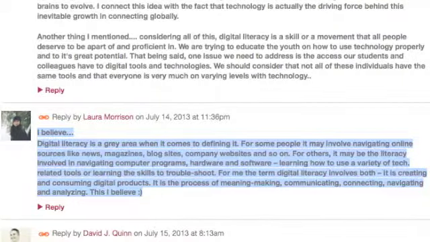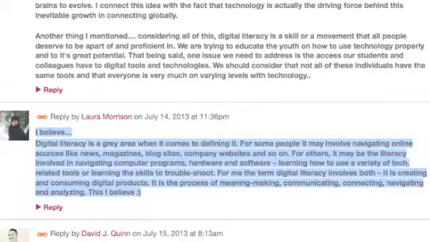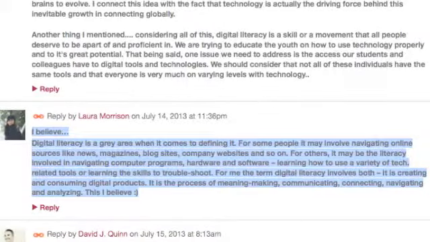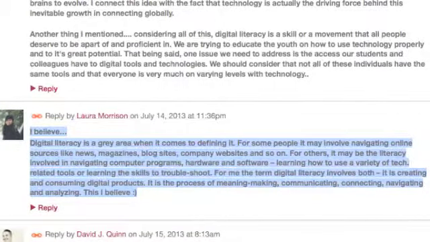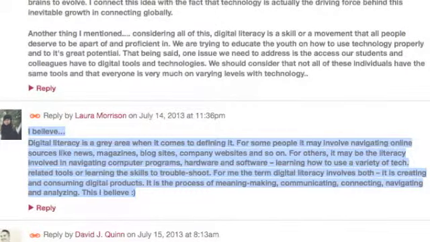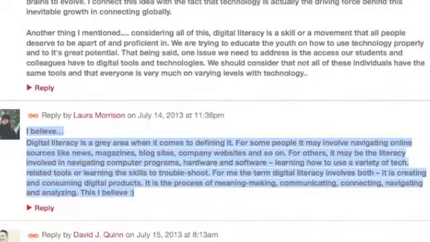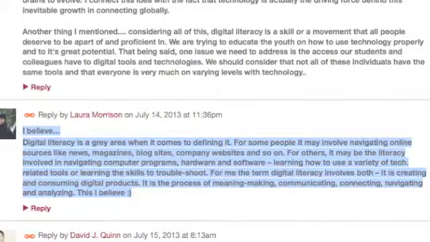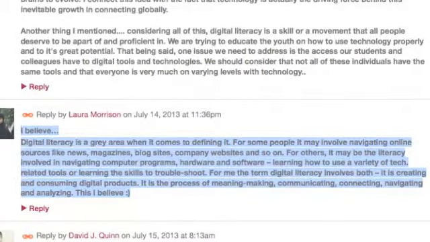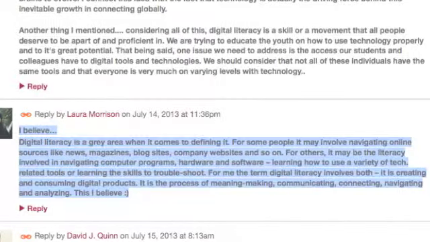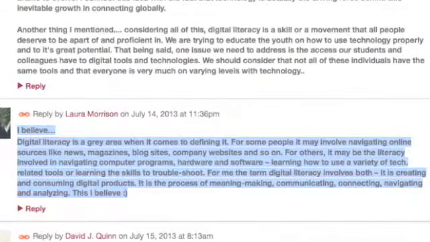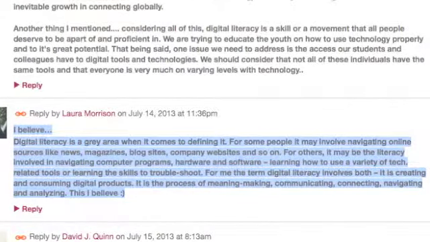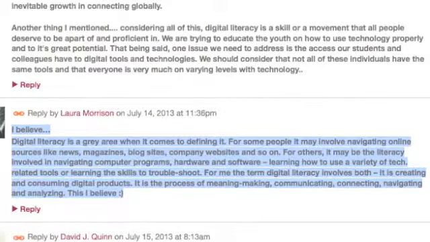However, I wasn't confident in my definition, and when Bill asked us to post to the Ning our definitions of digital literacy, I wasn't comfortable posting the second half of my definition, which talked about teaching students the architecture behind certain digital tools like websites. So I chose not to include this part of my definition, as other people on Sunday talked more about digital literacies being the creation of things like video and music and so on.